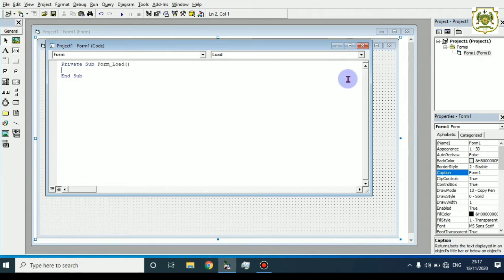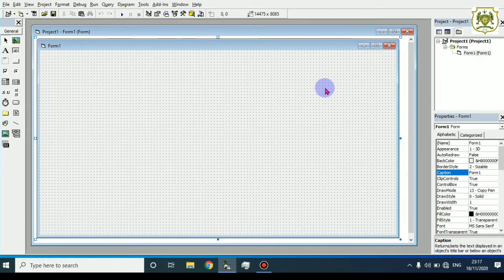Now students, let's start with the practical session of Visual Basic. Today we will be learning how to create a small VB application in Visual Basic. The name of the program is how to add two numbers. That means the addition of two numbers. To add two numbers, first of all we need to input two numbers through the text boxes. Then the computer is going to add those two numbers and then will return us the output.